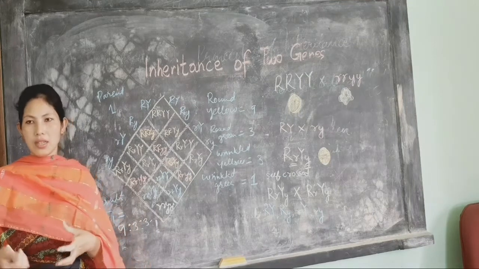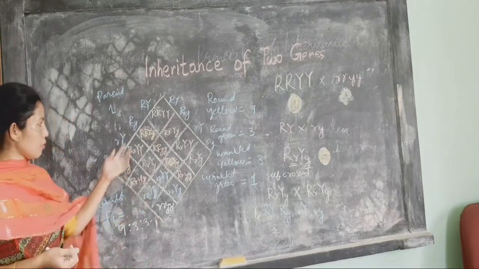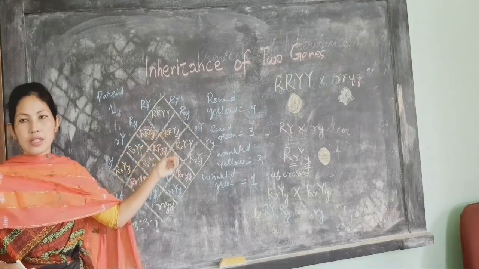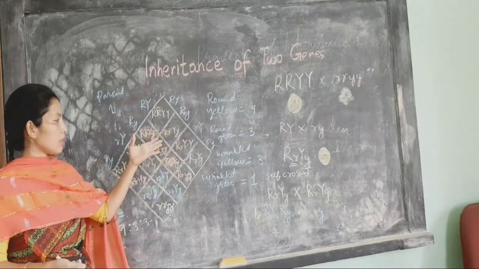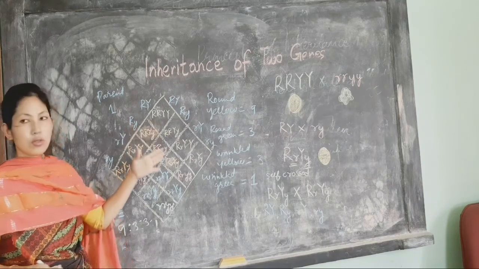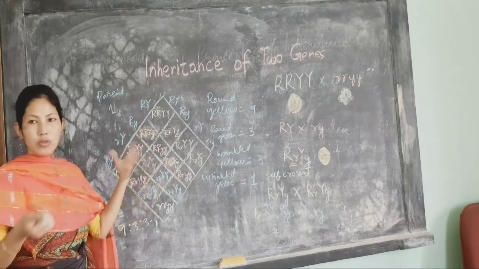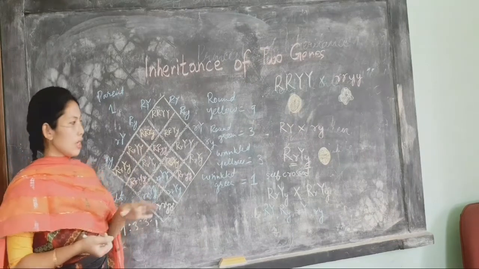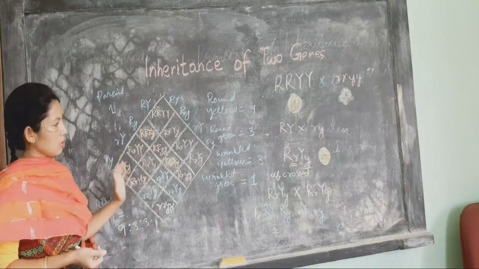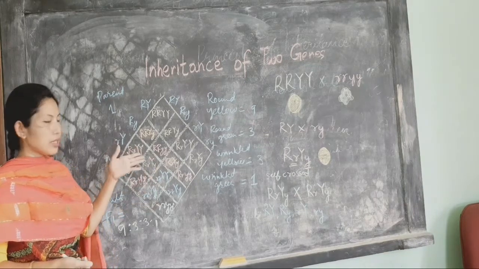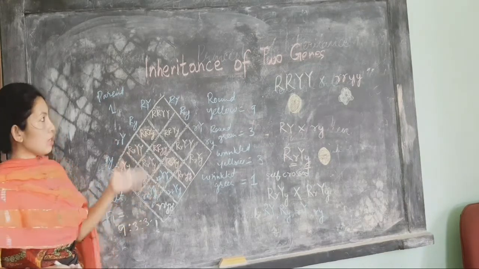They do not blend. They don't mix, right? Here, for example, round shape did not influence the wrinkle shape, and yellow color did not influence the green. There was no intermediate color, or both of them did not express, right? So with this experiment, or with this cross, Mendel has shown that the characters are segregated independently,